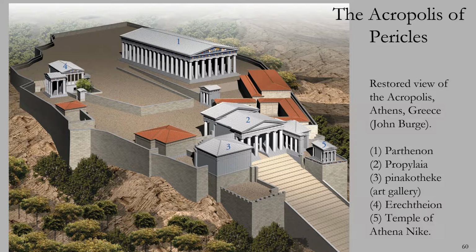And throughout the day, this parade would wind its way through the streets. Then this large group of people would ascend the stairway up to the Acropolis. Then there would have been a large ceremony outside here,